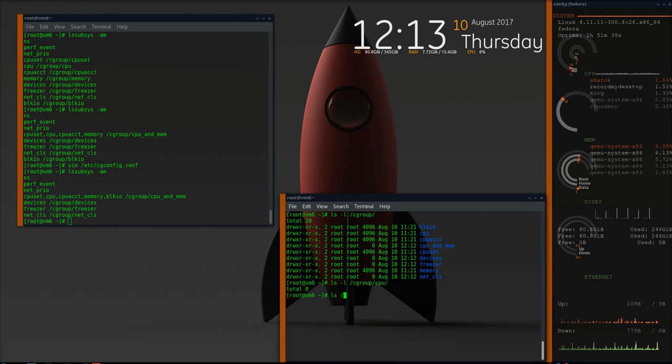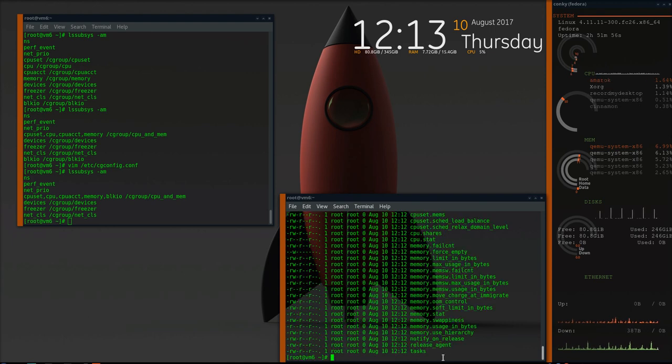And if you check out cgroup mem cpu, sorry, here if I check, you'll find all of your